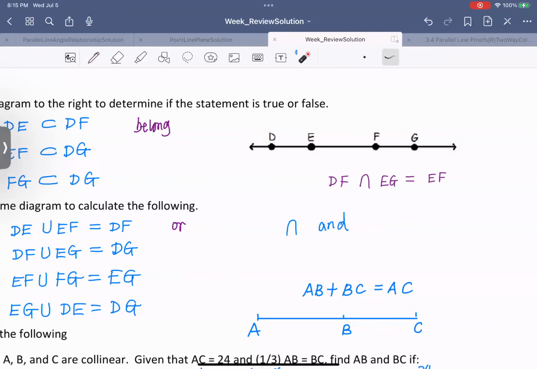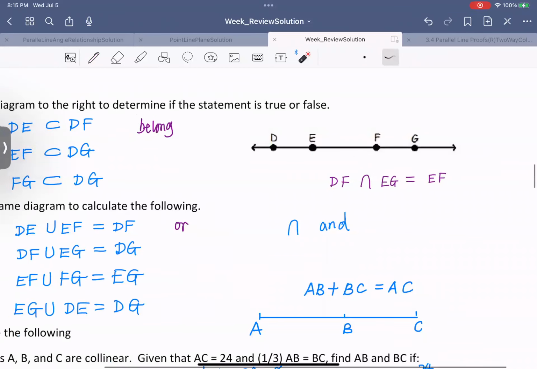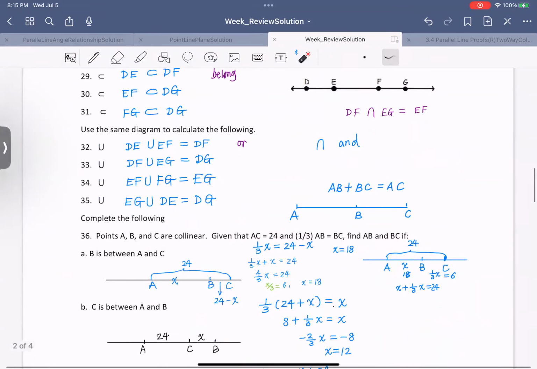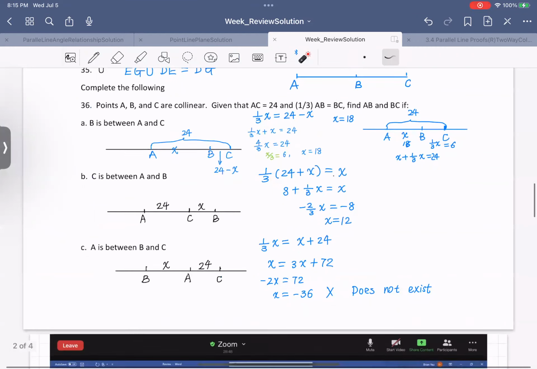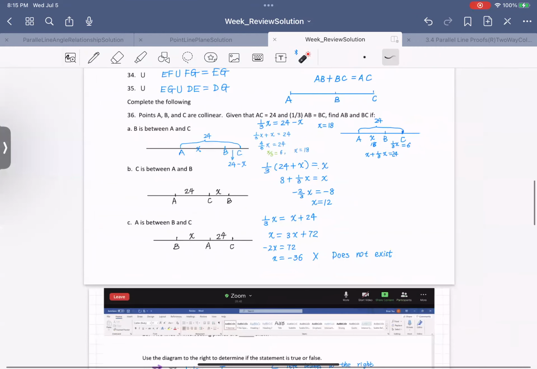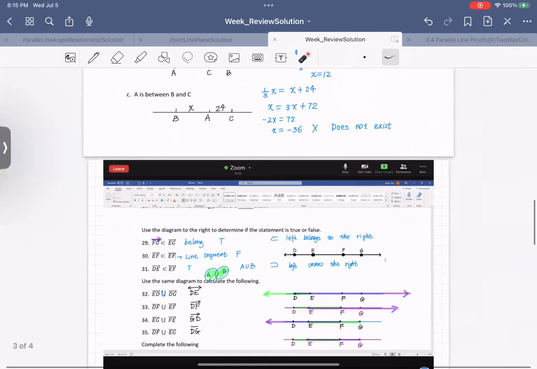Because you want to make the DF parts happy and make the EG parts happy. So you will have the guy between them. It's "and." So far, any question? Any question so far? No question. Now we are going to use,